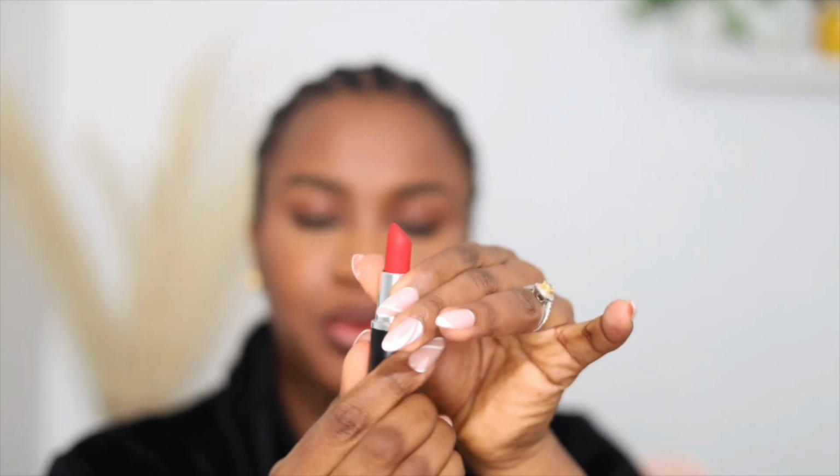So now let's go ahead to line the lips, and I'm just filling up. So after lining your lip, this is exactly what I envisioned. I'm using the new Ruby Wool, and then I'll just use that to